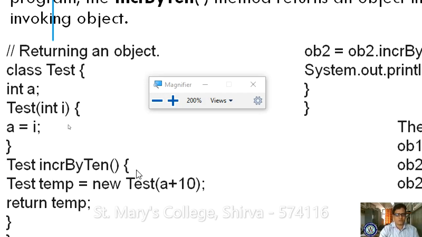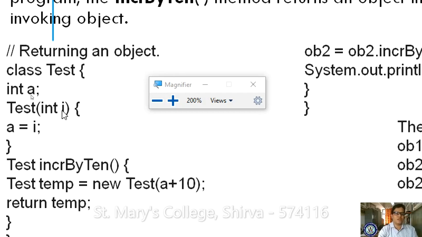That is the statement defined in the definition: incrByTen is the name of the method. In this method, what are you defining? You are creating an object of the class Test, with the object name temp. Then what are you supplying? a plus 10: whatever the a value is, you add 10, and it is supplied to i.